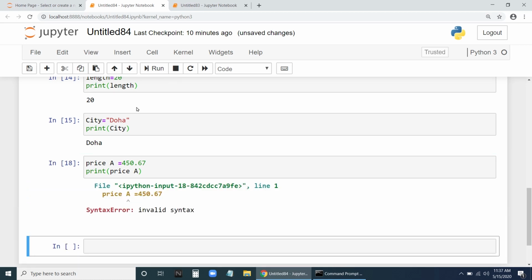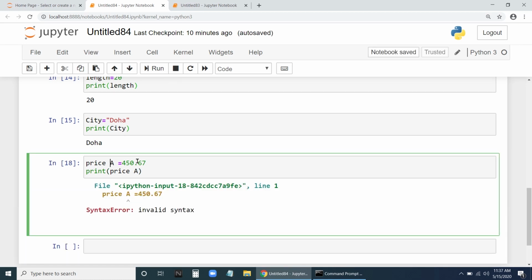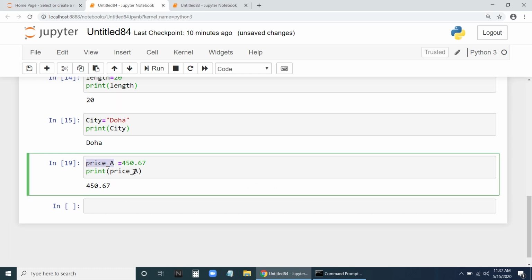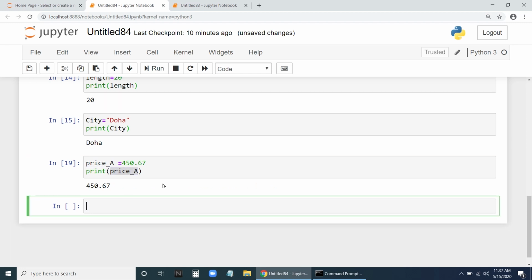It will say error because it contains a blank space. Same thing if you have price underscore A, no problem. Underscore is not a problem. It will accept, because it's a valid identifier or valid variable.